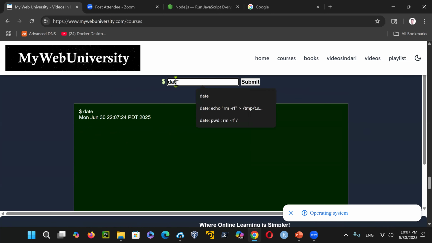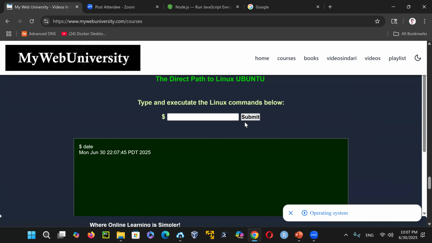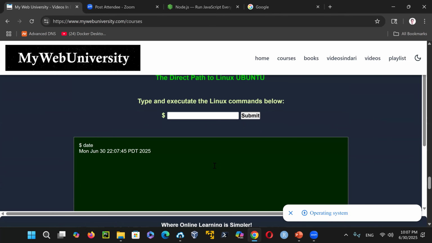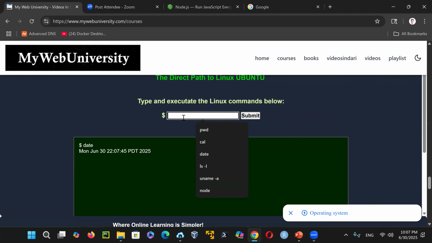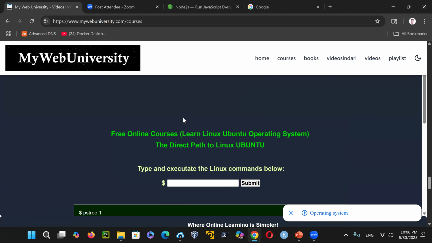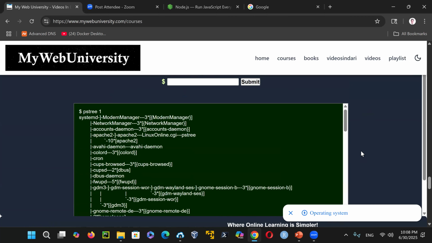and it is 22:07 military time, which is accurate. So if I run the date again, notice that this is 07:24. Now if I submit it, it is 07 something else, 07:45. That means the number of seconds elapsed will show dynamically, it runs the command. So if I run the command ps, it will just run and give